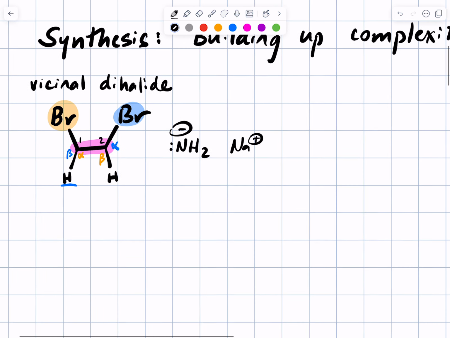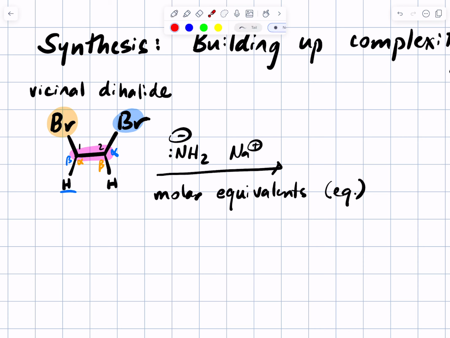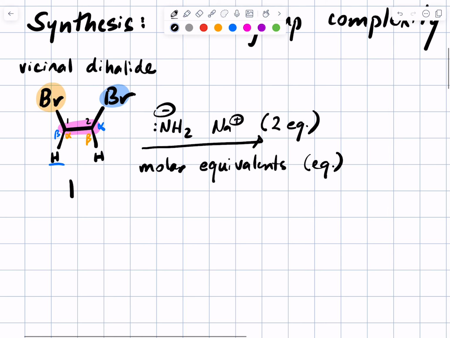And so if I add, and now we're going to introduce another term that's useful in synthesis, the idea of equivalence, molar equivalence, or maybe just equivalence for short. This means how many moles of reagent do I add per mole of starting material. So if I have 1 mole of starting material, here I'm going to add 2 molar equivalents, or 2 moles of my strong base. The reason I'm going to do that is because I want to do 2 tandem E2